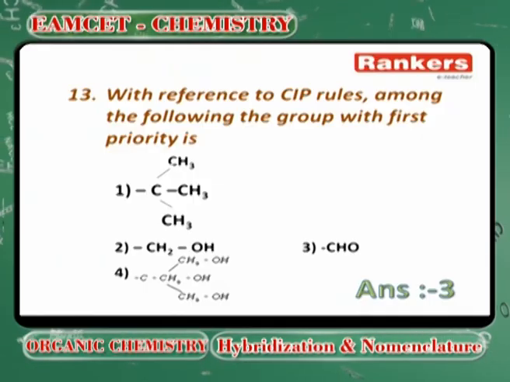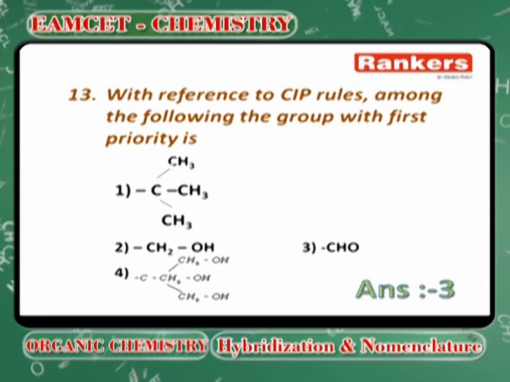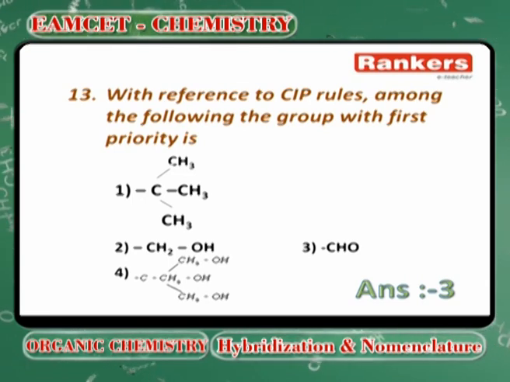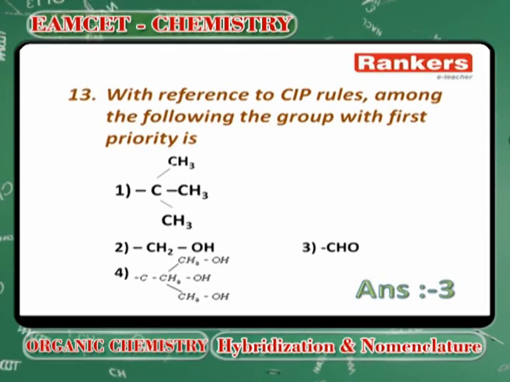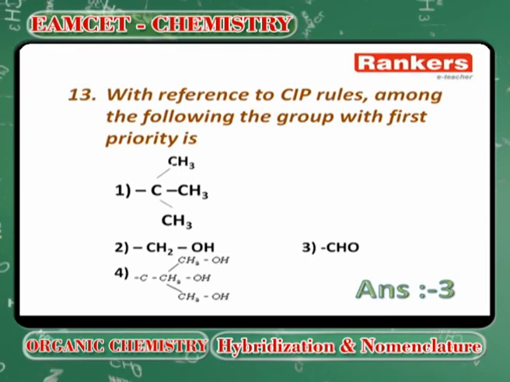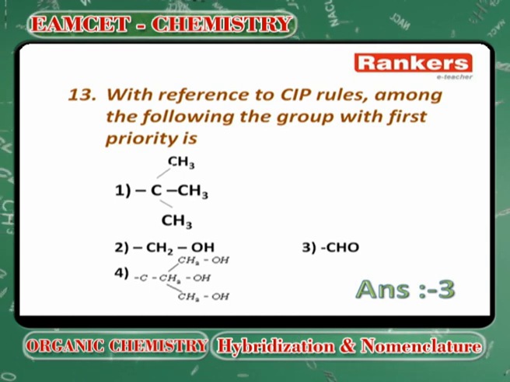Next, so therefore, here only the priority is asked. So, the third one has a C double bond O. Naturally, double bond O means all are carbons only. So, the third one, where we have a double bond O, means second preference based on the second atomic number. We have fixed that the third is the most preferable one. Next,